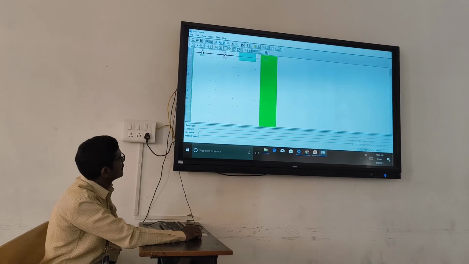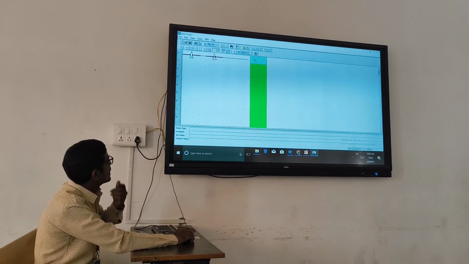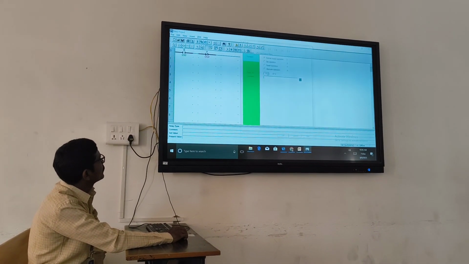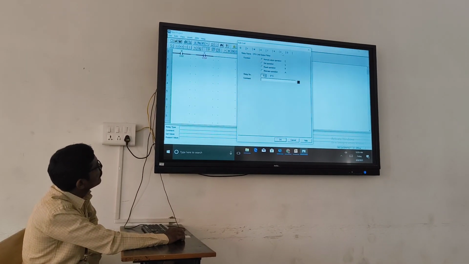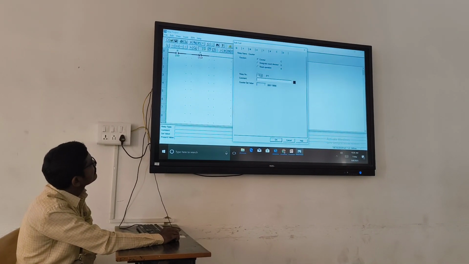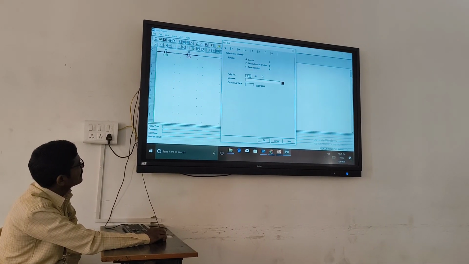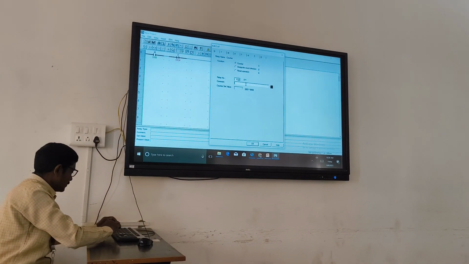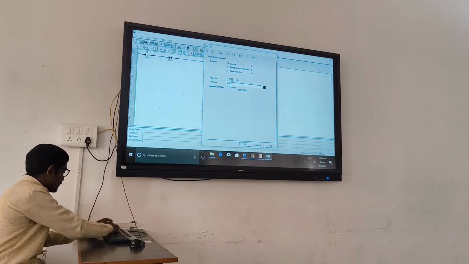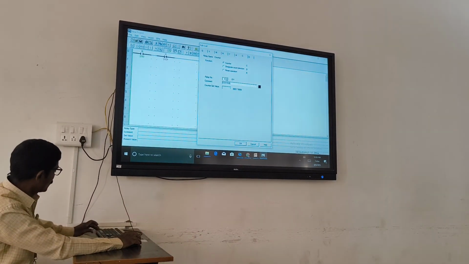Now we are using the counter. Counter is mentioned as C. Here you see counter 1.